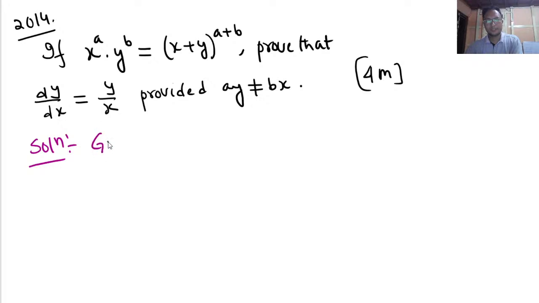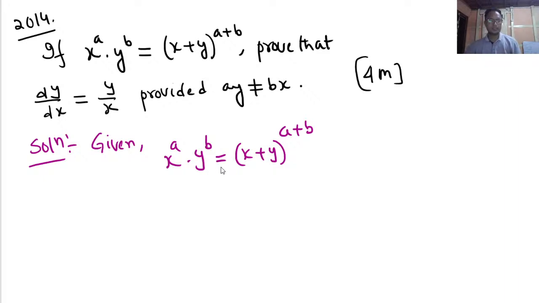So what is given here? X to the power a into y to the power b is given as x plus y to the power a plus b. Here the power is a little bit complex, the left side has a multiplication of terms, and the right hand side is a single term. That means we can take log. So taking log on both sides,